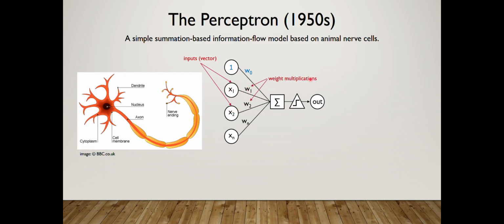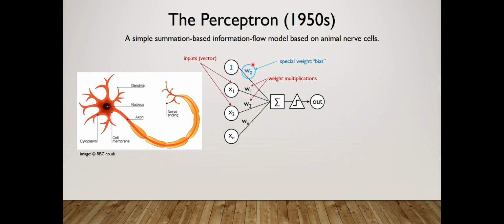So we have weight multiplications. The weights here are our machine learning parameters that we will later be able to tune and train and change depending on our data. And we'll get to that later, how that works. Right now we're just doing a multiplication. We're multiplying x1 by w1 and x2 by w2 and xn by wn. And then we're summing up all these,